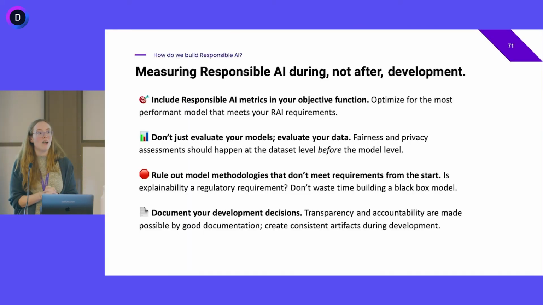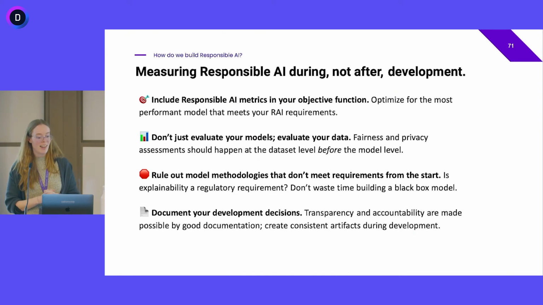So development is all about figuring out what model best fits my constraints, right? And the normal constraints, the constraints for the last many years, have been usually performance and cost, right? What's the most performant model that I can make that meets my cost limitations? Responsible AI metrics further constrain your problem space. So it's not just about what's the most performant model that I can build at the right price point. It's about what is the most performant model that is also meeting my fairness constraints, my transparency constraints, my privacy